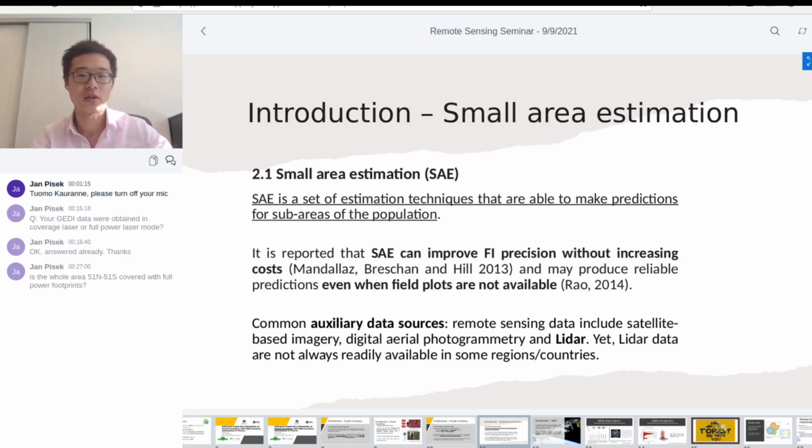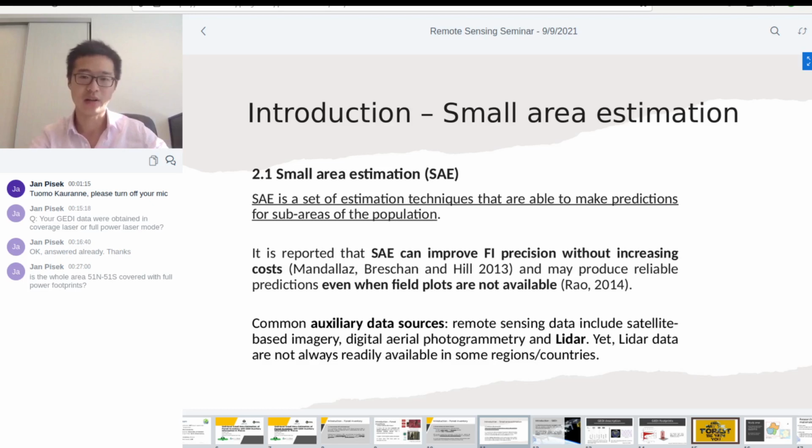The common sources of auxiliary data, which is used to facilitate small area estimation, usually come from satellite-based images, aerial photogrammetry, and most importantly, LiDAR. But in some countries and regions, LiDAR is not always readily available because carrying out a LiDAR campaign can cost a fortune. But